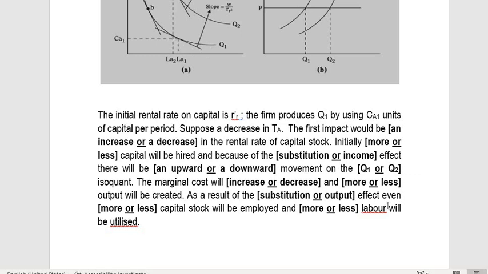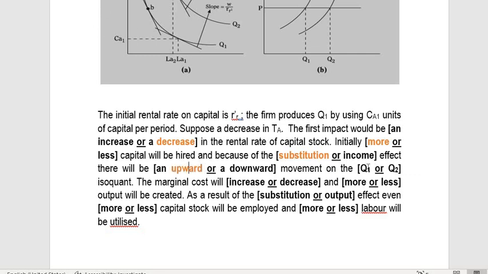If you have a decrease in the tax rate, the first impact would be a decrease in the rental rates of capital. Because of this decrease in the rental rates of capital, you will have more capital being used in the production process, and therefore more capital will be hired. And because of the substitution effect, or substitution of capital for labor, for us using more capital in our production, we would have an upward movement